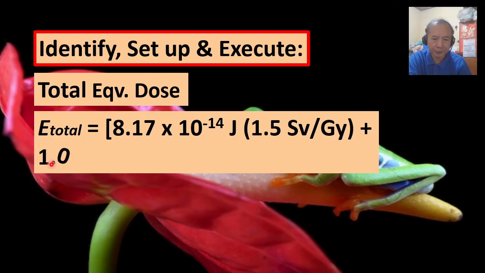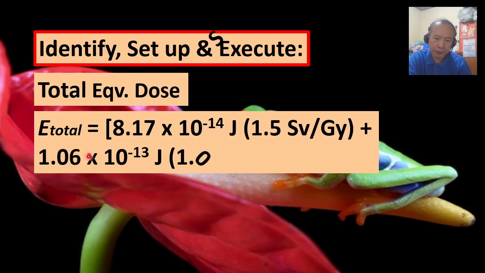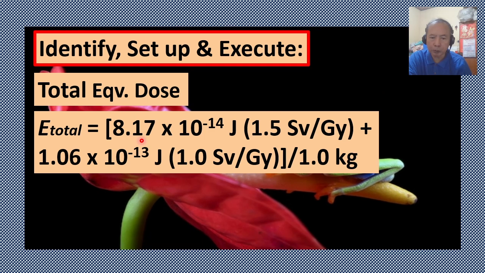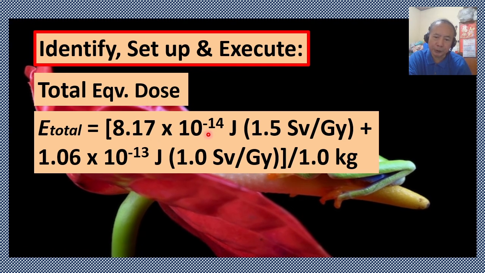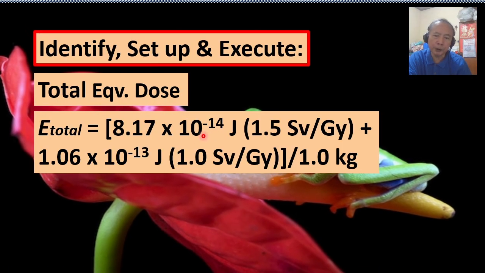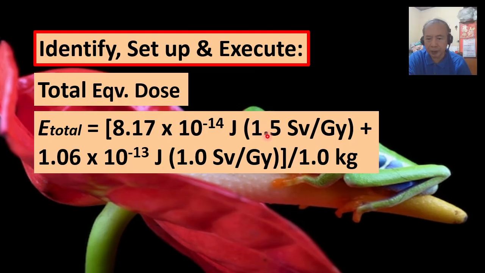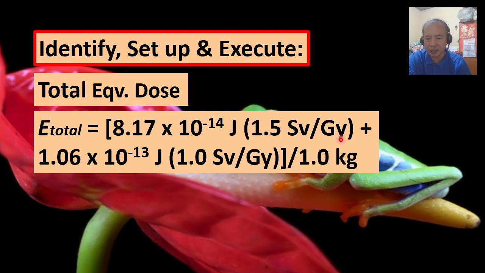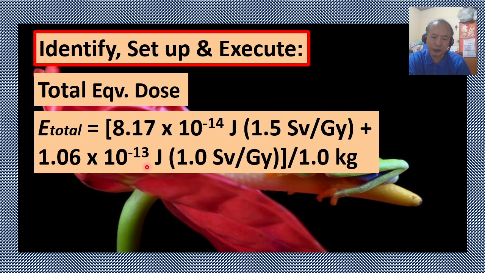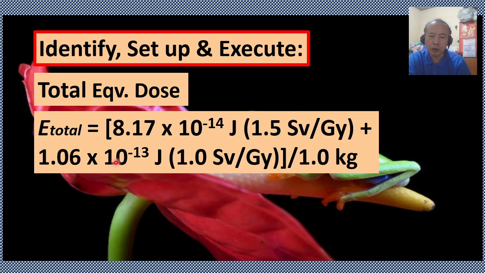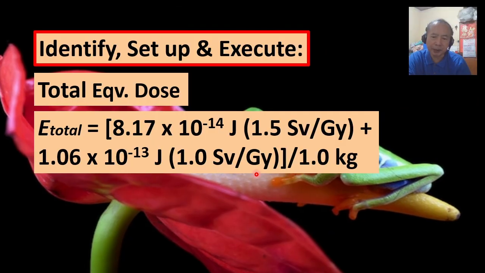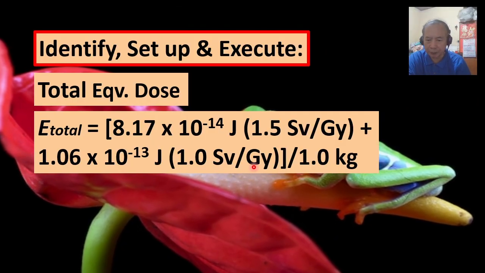That is, the total equivalent dose equals 8.17 times 10 to the negative 14 joules, this is the absorbed dose for electrons, multiplied by 1.5 sieverts per gray, which is the RBE for electrons, plus 1.06 times 10 to the negative 13 joules, the absorbed dose for the gamma ray, multiplied by 1.0 sievert per gray, which is the RBE for gamma ray, then all over